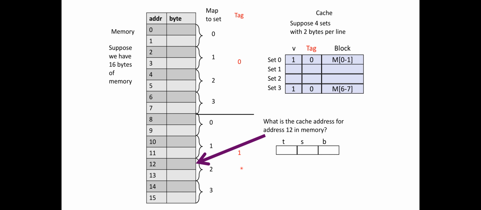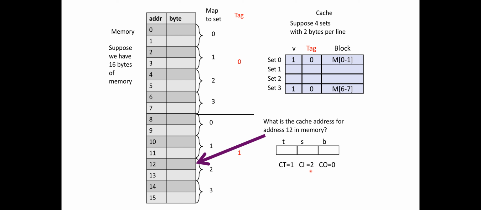So if we are to fill in our address using our notation of tag first, then set, then the byte offset, it goes into tag 1, which is this one here,